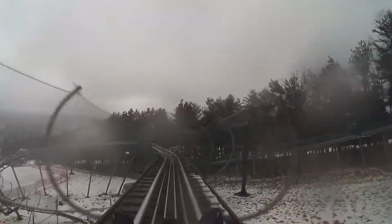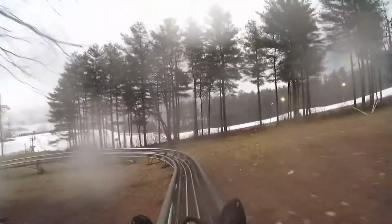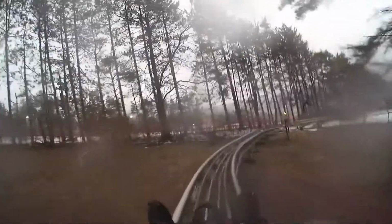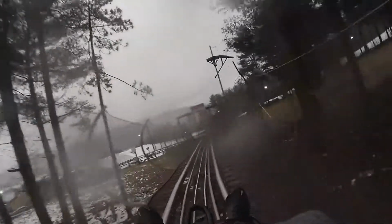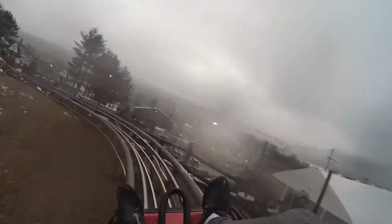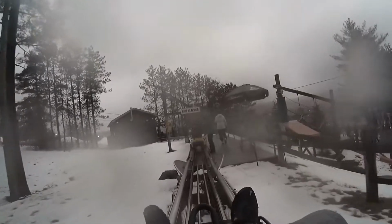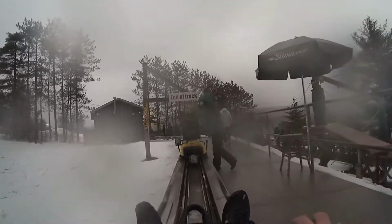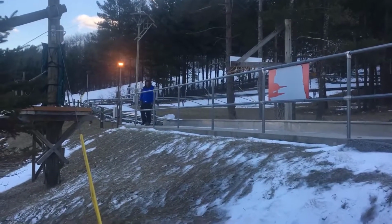The rest of the ride features more helixes over the slopes and some jolts below the ground with that notorious vegan profiling. You finish it off with some slow turns back and forth, then pass under a sign warning you to brake, and then you just make a left turn into the unload area and the approximation of a brake run. You're then taken to this conveyor belt unload platform where you unbuckle your seatbelt, get out, and either get